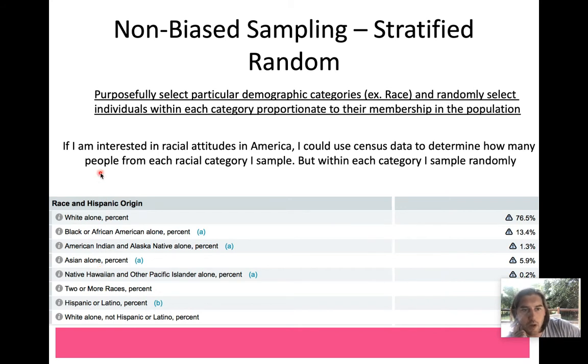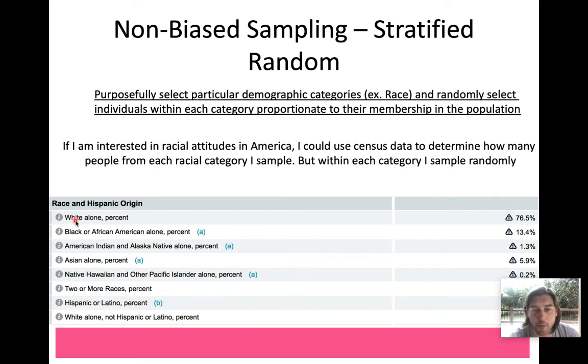So what that means is that as someone who is trying to perfectly mimic the racial makeup of America, let's say I wanted to collect data from 1,000 participants,